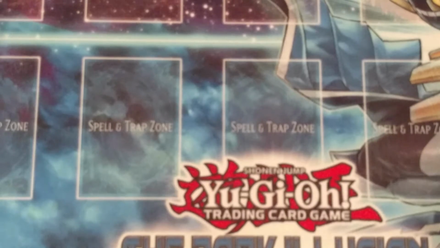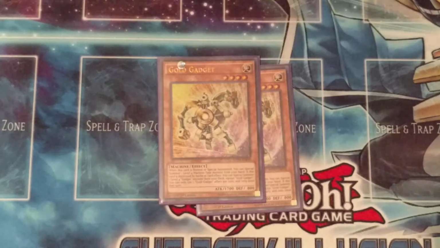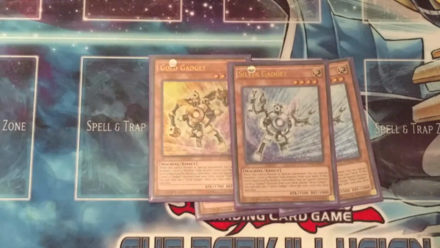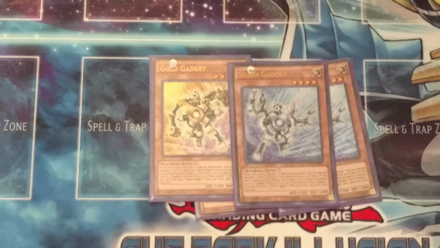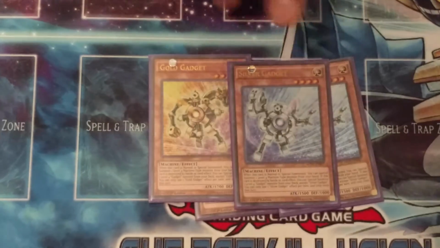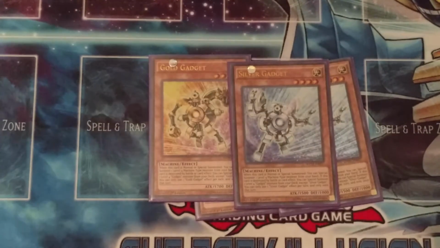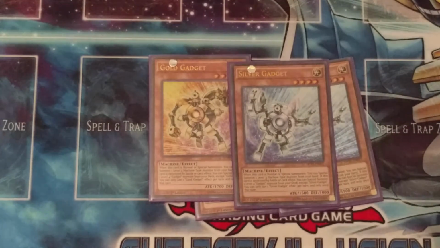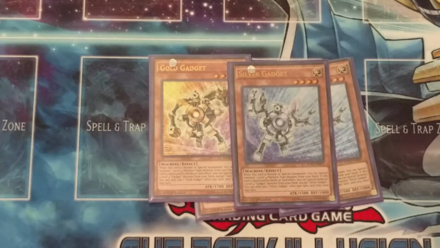that's basically the engine. I run 2 Gold Gadgets, and I run 2 Silver Gadgets. Reason being, I have to make room for the other level 4s that are going to be helping out with the special summoning in this deck. However, Gold Gadget and Silver Gadget basically have the same effect. If this card is normal summoned or special summoned, you can special summon a level 4 machine type monster from your hand. And if this card is destroyed by battle or card effect, you can special summon out a Gadget